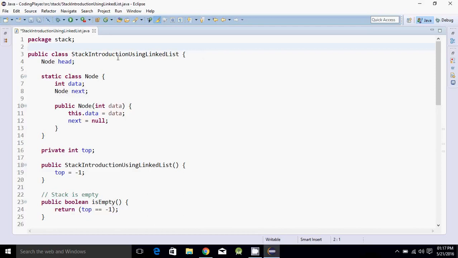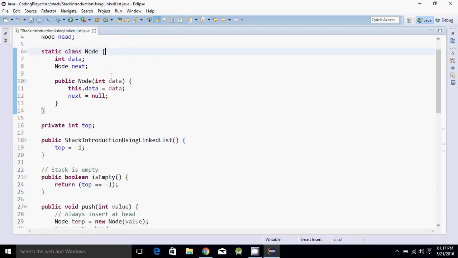If you saw our previous tutorial or you know about the linked list, there is a concept of node, and this is the class for creating the node for the linked list. And this is the stack concept. I prepared a top variable. If top is -1, then the stack is empty. If top is the size of the stack, then the stack is full.